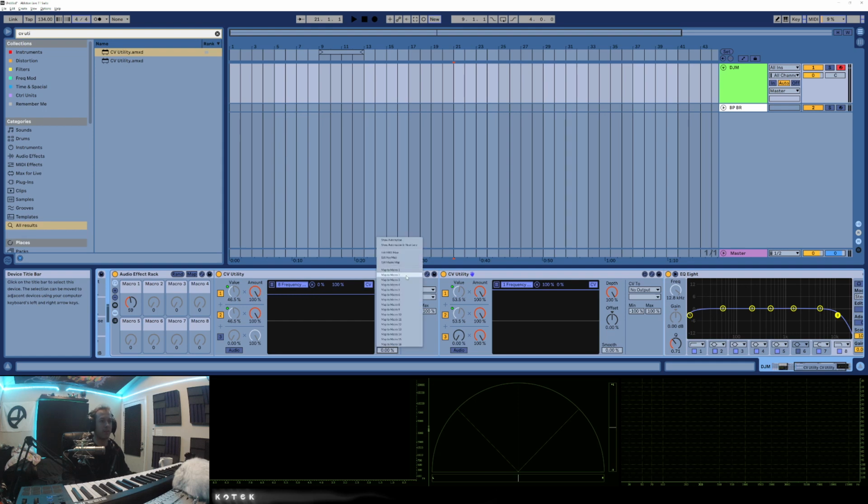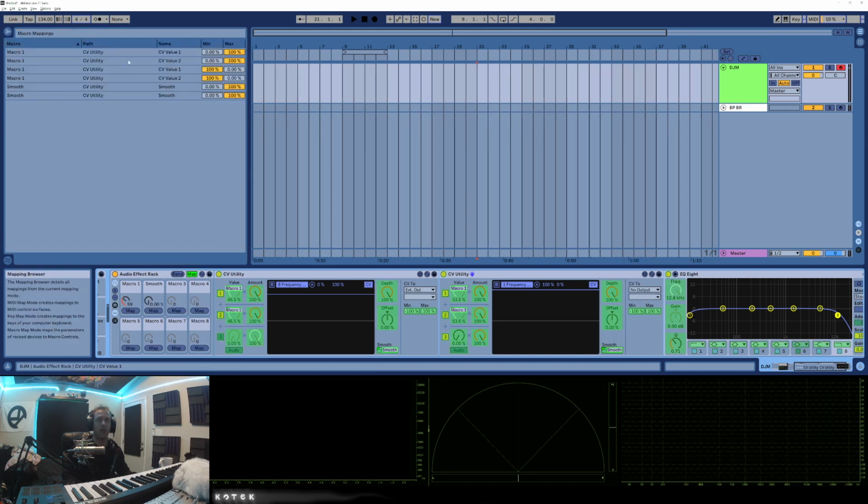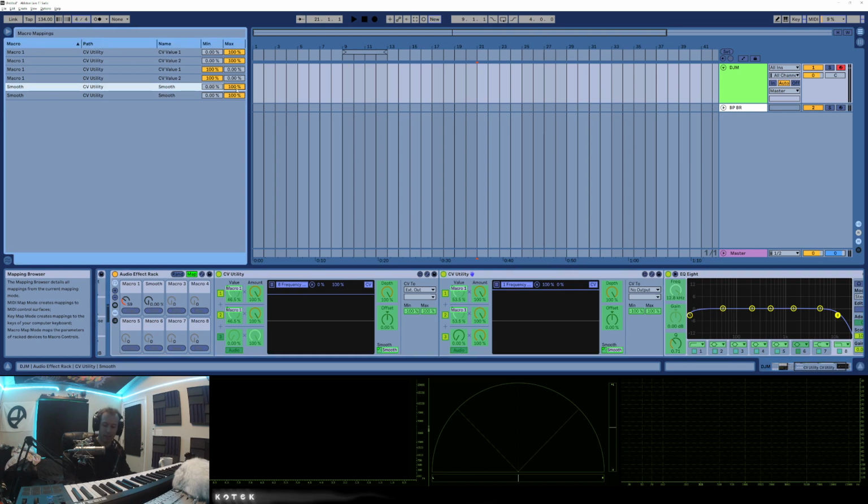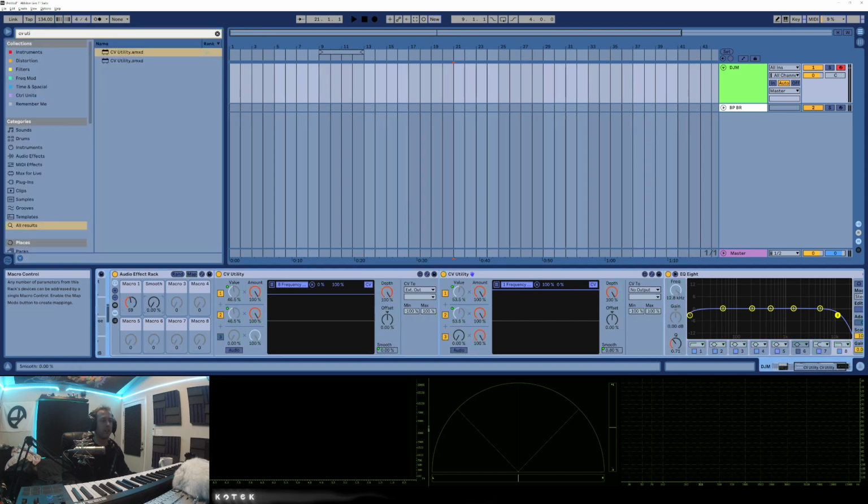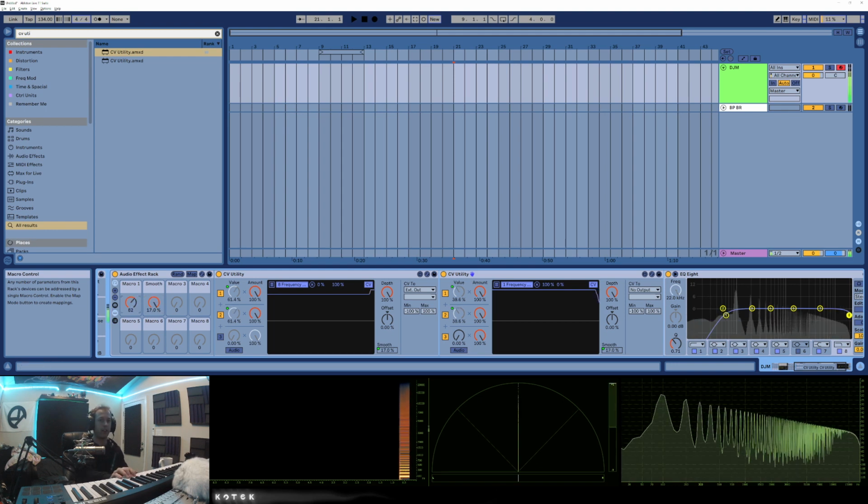So I'm going to map this to macro 2 and map the same one as well. And I find that around 17% is all you need to get it to step through all the frequencies properly. So we can turn this down if you really want it to go very quick and you're doing a super fast automation, then you probably won't notice much. But now if I turn the smooth up, if we listen to it,